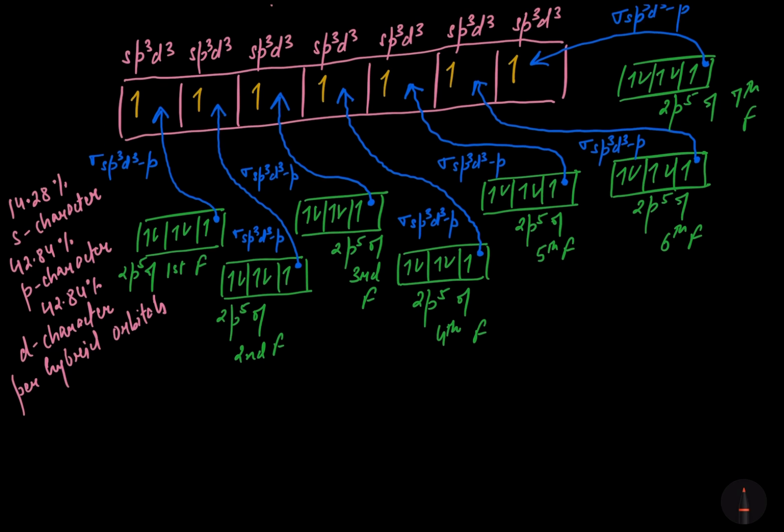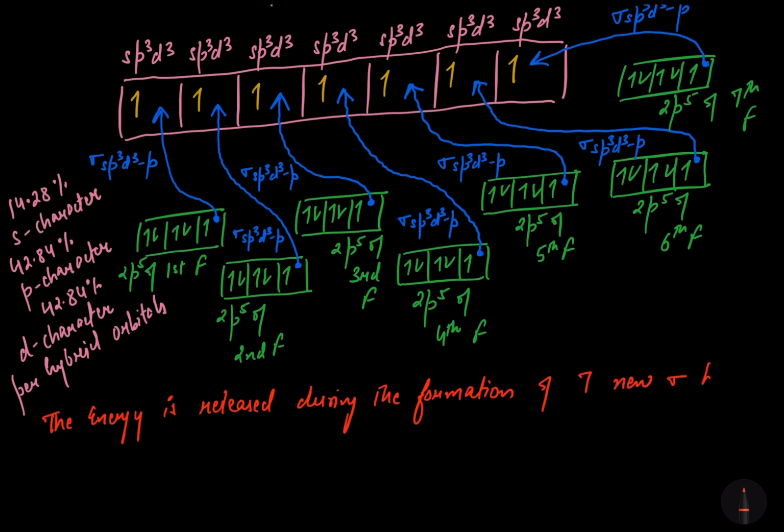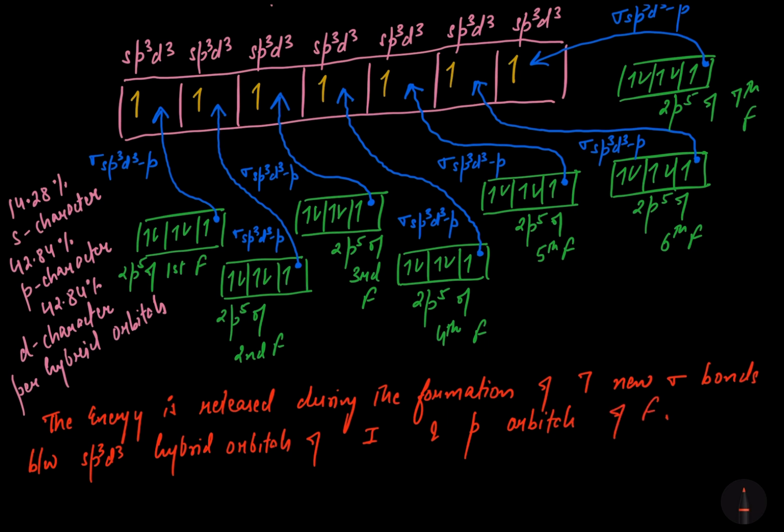I am writing, the energy is released during the formation of 7 new sigma bonds between sp3d3 hybrid orbitals of iodine and p orbitals of fluorine. So the energy which is liberated